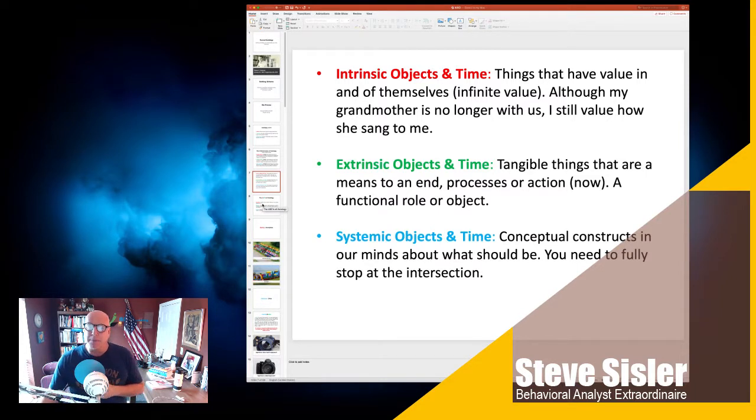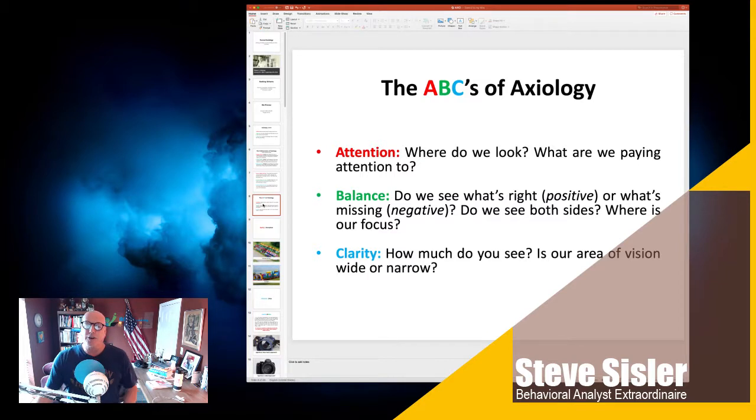So let's recap. Intrinsic, people, heart, feeling. Extrinsic, hands, doing. Okay? Pragmatic, common sense. What to do, when to do it. Systemic objects, systemic, right? Thinking, concepts, conceptual constructs, the way things should be. Black and white thinking, either or. Either the concept is fulfilled or it is not fulfilled. Okay? So, now that we've gone over the 1, 2, 3s of axiology, let's look at